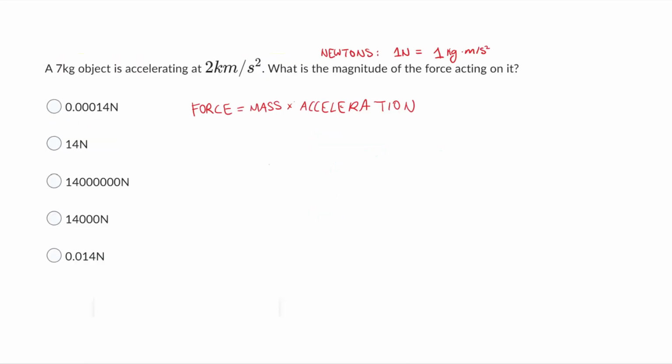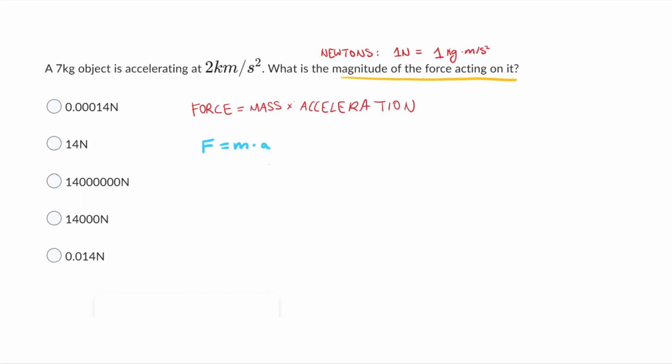Now onto the second question. We're asked to find the magnitude of the force acting on this object. A couple reminders: force is equal to mass times acceleration, as stated by Newton's second law, and the unit newtons, which all the answers are in, is equal to 1 kilogram meter per second squared. So